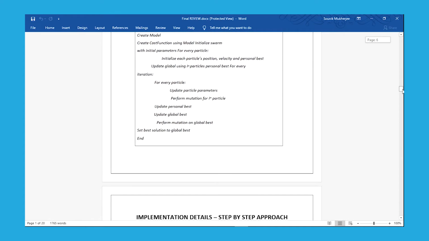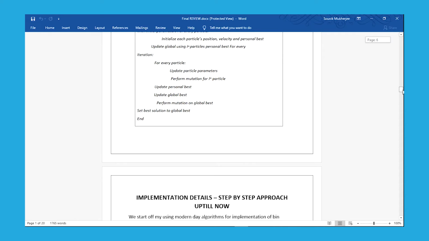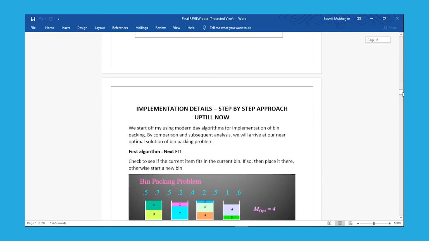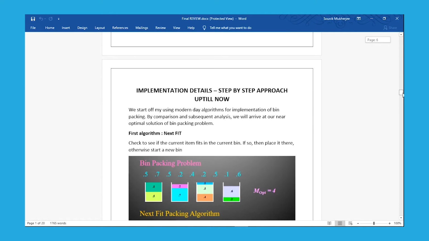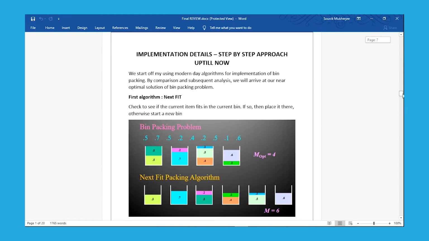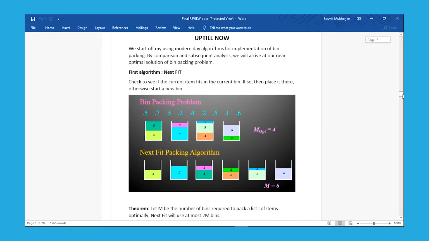So our approach would be, as already mentioned, using a class of heuristic algorithms and using specific algorithms such as the first fit and the next fit, and comparing their spatial and time complexities, and hence move on from that and brainstorm subsequent methods to create a near optimal solution. Now my friend Souvik will explain to you about the implementation details or the different modules attached to our project, and describe briefly about the first fit, the next fit, and the near optimal solution, which we have coded in